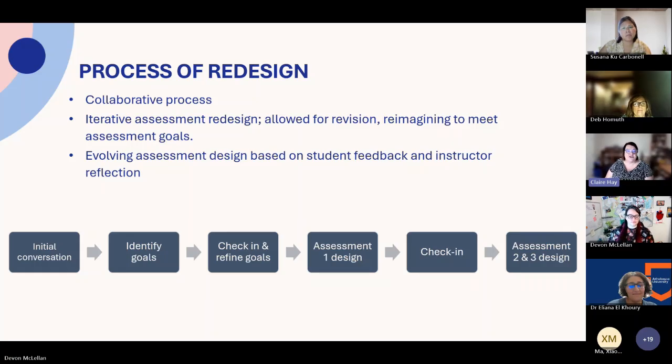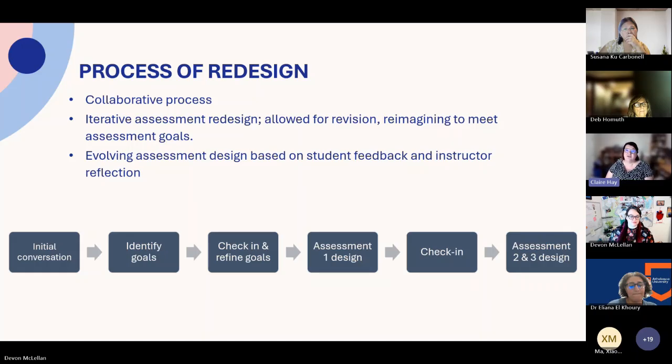So there were many snapshots, many points where we got together, we talked about the things that Devon valued, her goals, we reimagined, Devon revised, we chatted again. Over the course of the summer, and I've lost track of the number of times we connected, we created something that Devon will share that hopefully meets the goals she had in mind.